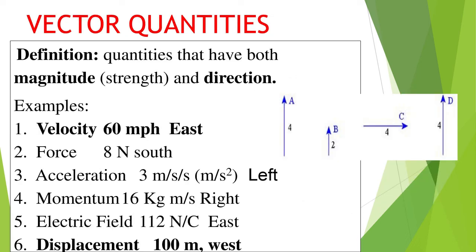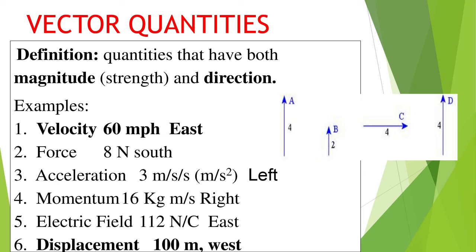Now coming on to vector quantity, the definition for vector quantity is simpler. It talks about the magnitude and the direction both. As we took the example of a fan rotating, it can be clockwise or anti-clockwise. If we say velocity, velocity is another term for speed, but velocity is a vector quantity where you will have to take care of the direction as well. So when I say velocity is 60 miles per hour in the east direction, you can see 60 is the magnitude, whereas east is the direction.